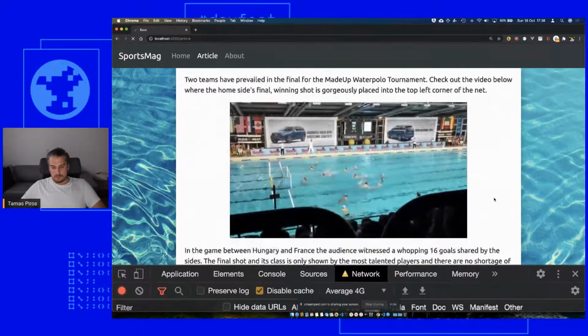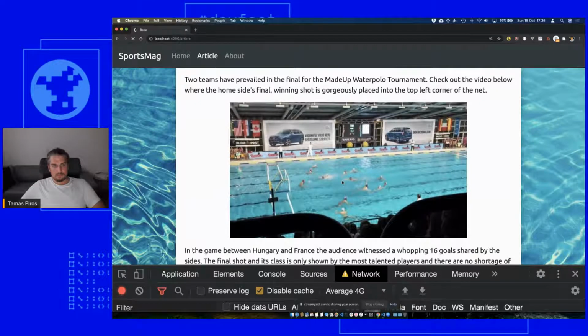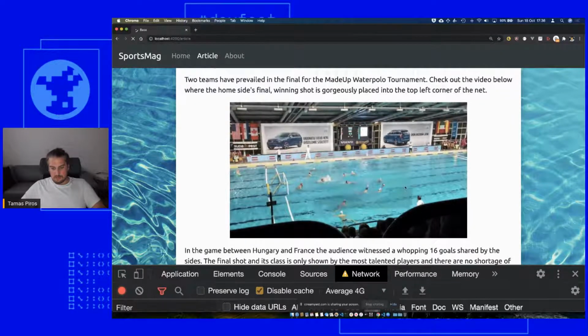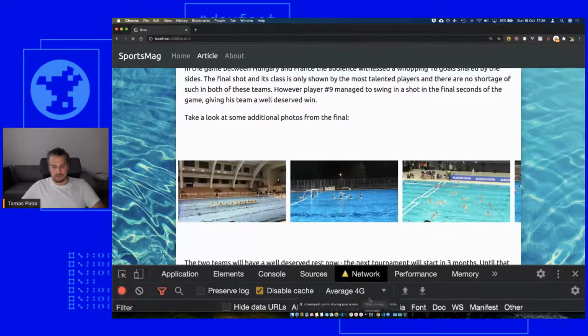Okay, well, I'm not sure whether this is a video, but it's kind of playing. Every second I see a frame of it. That's not really a good experience. And then these images got loaded. And this is 4G. Let's do fast 3G,